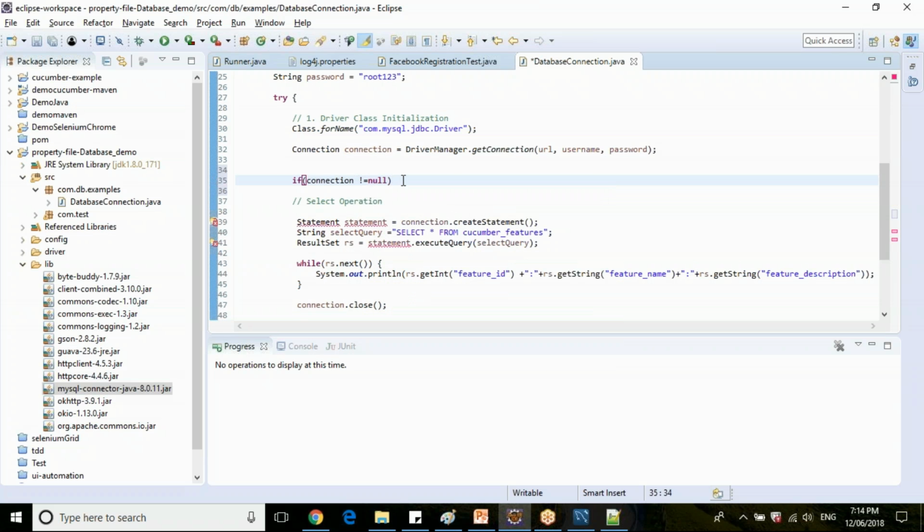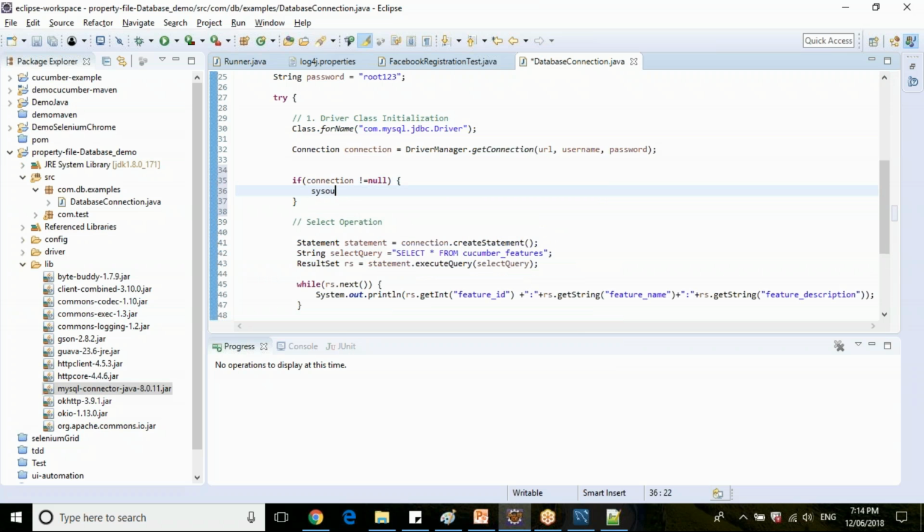So if connection is not null, let's say database connection is successful.